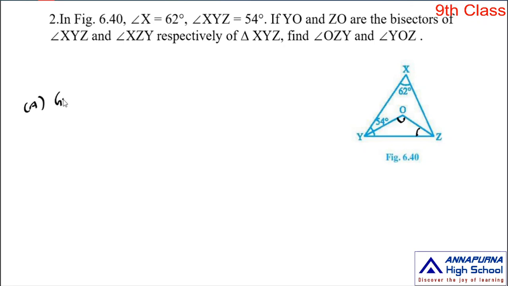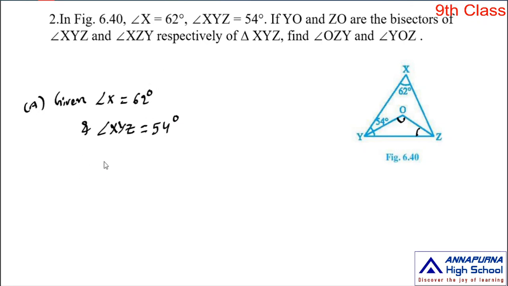Given angle X is equal to 62 degrees and angle XYZ, angle XYZ means angle Y, is equal to 54 degrees